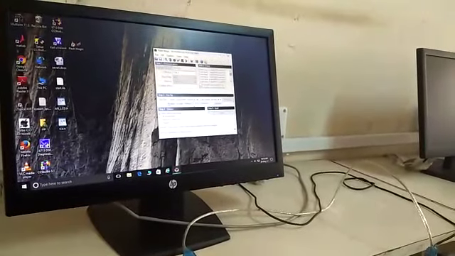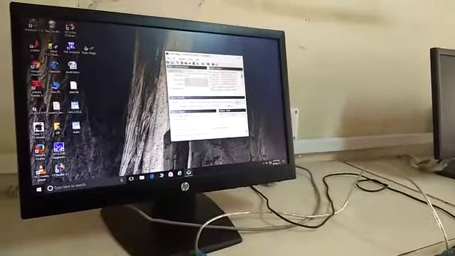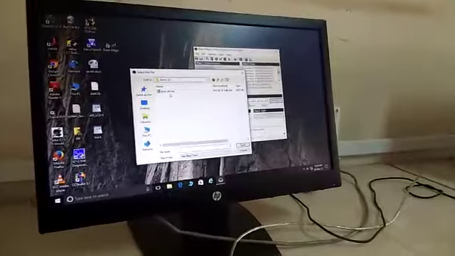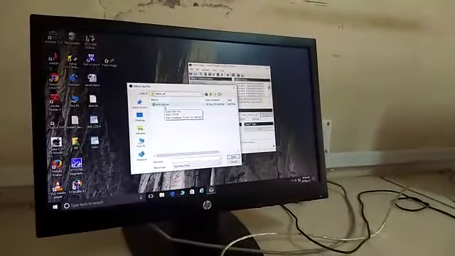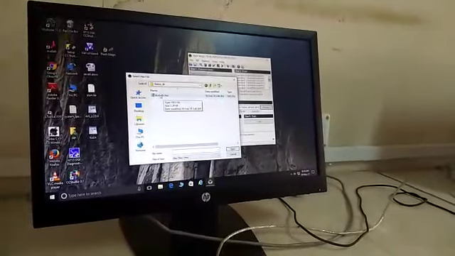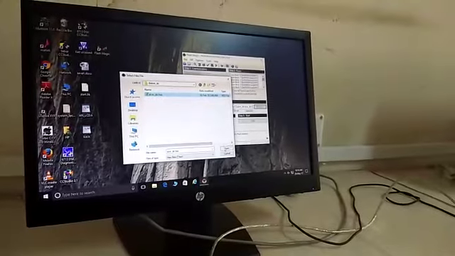Coming to the third step, we must know where the hex file is stored. So browse and go to the corresponding path where it is stored. Here we have stored it in the E drive. We need to know the path of the hex file, select it in this manner, and then click open.